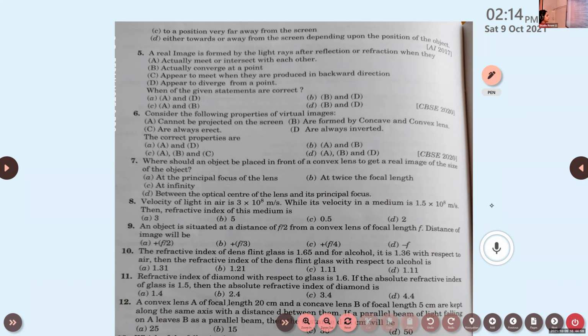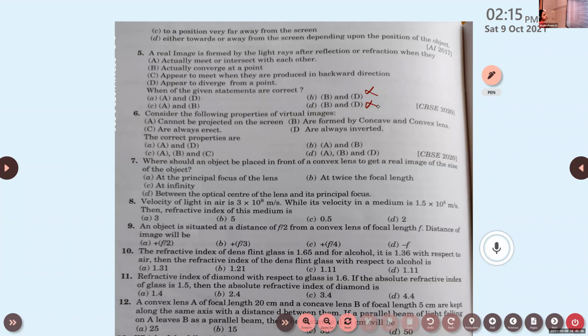So option A will be right. We can cut options B and D, they are not right. But here we are confused between option A and C, which is the right answer. Yes, B and D are cut, because option A is not there. We get an image if and only if the rays of light after reflection or refraction intersect or meet up with each other. So option A is right.